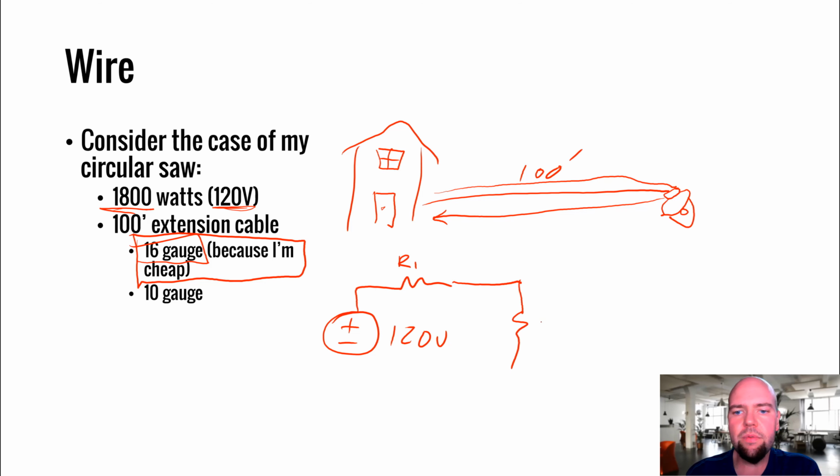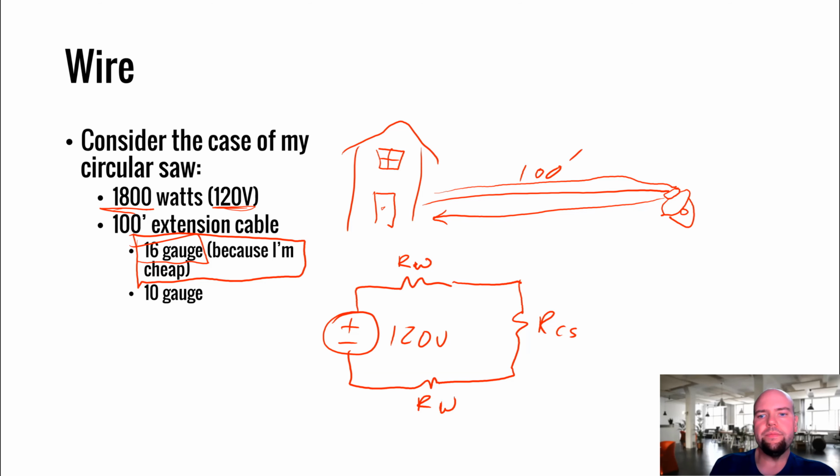Then I have some resistance for my circular saw. And then some resistance coming back. Let's call that R wire. Okay, so